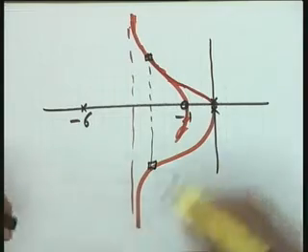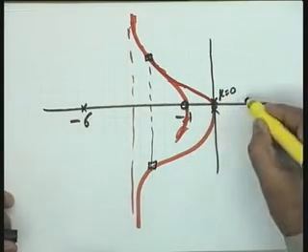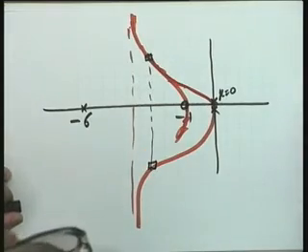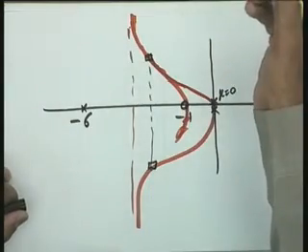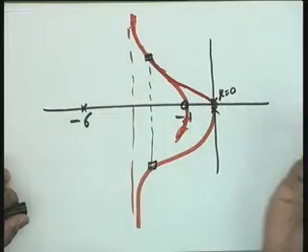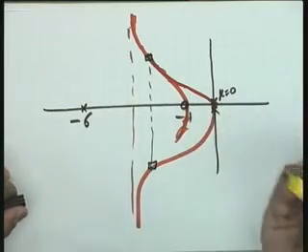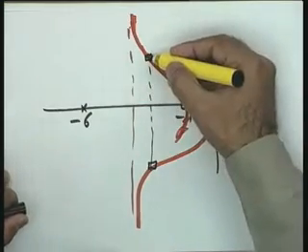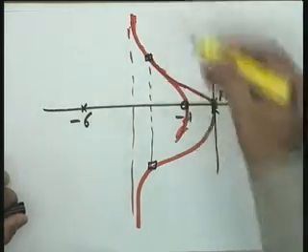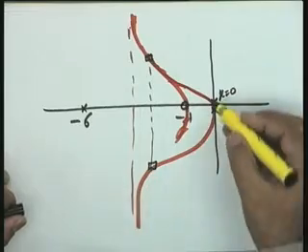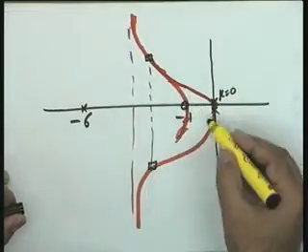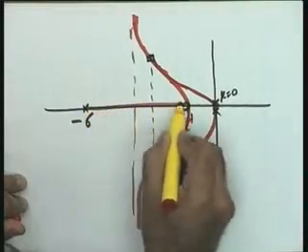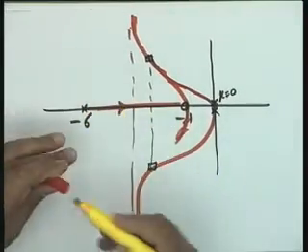This is the situation: a root locus branch starts at k equal to 0 and has to pass through this point because the angle criterion is satisfied. You cannot imagine a root locus not passing through this point. Poles and zeros have been taken in such a way so as to give you 90 degrees, and therefore the angle criterion is satisfied, and hence it has to pass through this point. In that particular case there are 3 branches: one is going this way, the other is going this way, and the third one is obviously going this way. These are the 3 branches.